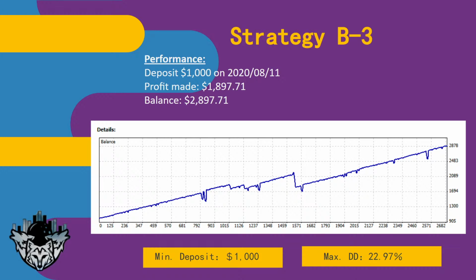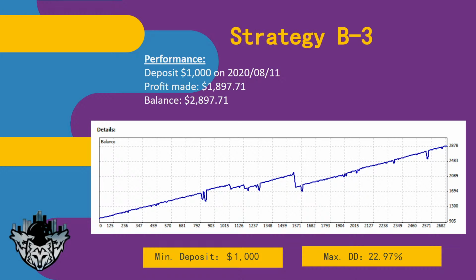Minimum deposit required, or recommended, is $1,000. Maximum drawdown we're looking at, same thing. This drawdown that we're talking about is the drawdown of the MT4 itself. So that means the closed order in losses. Maximum. Just one thing I wanted to point out here,